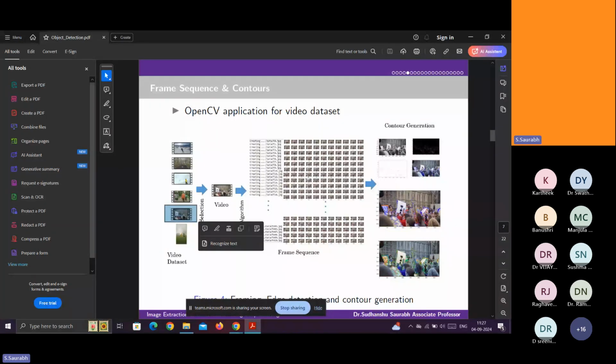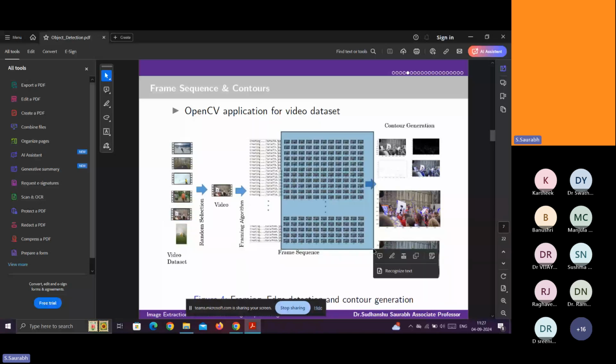If the time duration is small, then the number of frames is more. If the time duration is bigger, then the number of frames is small. So use a smaller time duration and then generate. Then again, for the selection purpose, select any random image. Apply the random selection technique here.